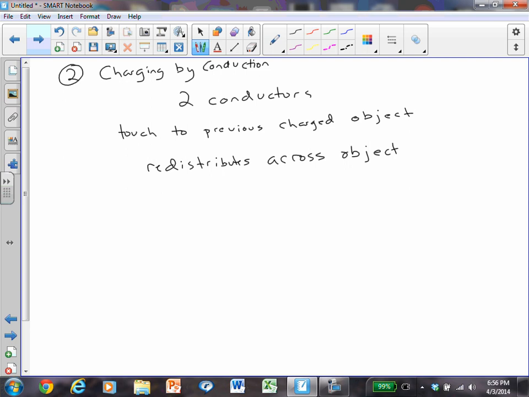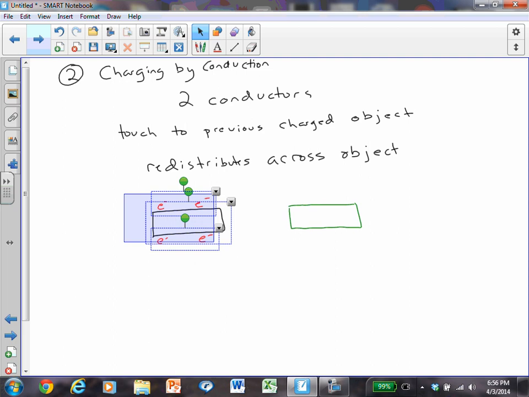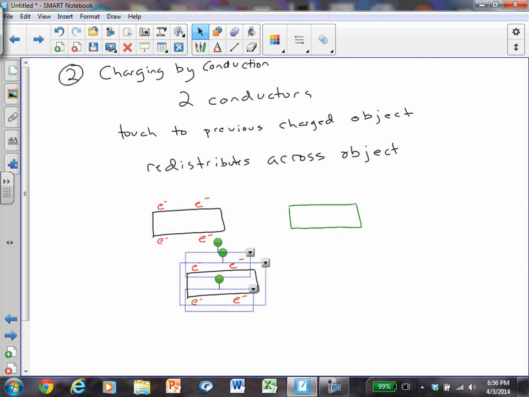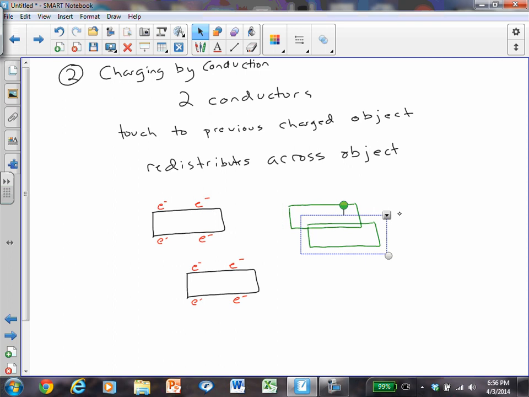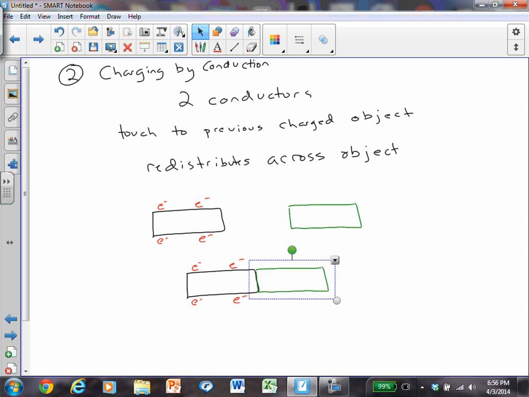Because if we have, say, an object, like so, a bar of something, and it's got 4 electrons running around it, and we touch that to another object that's also a conductor that's neutral, like so, then